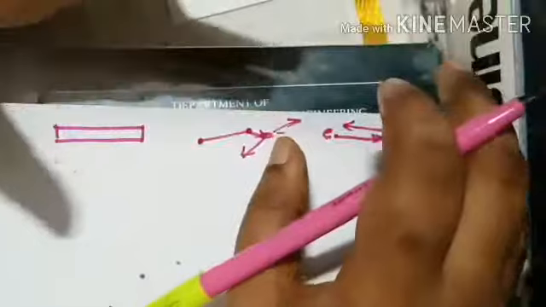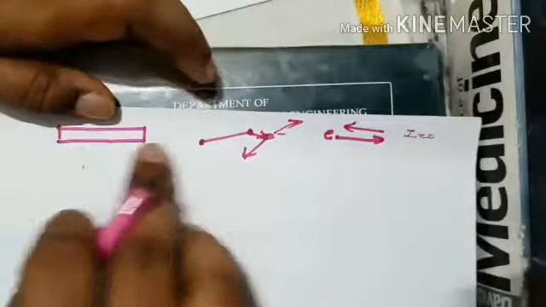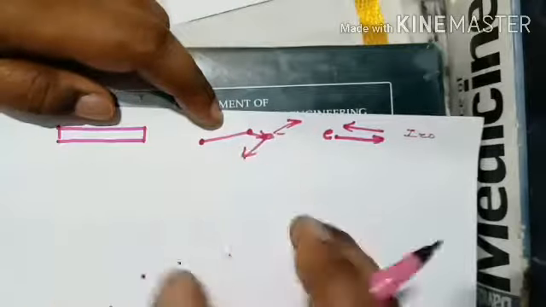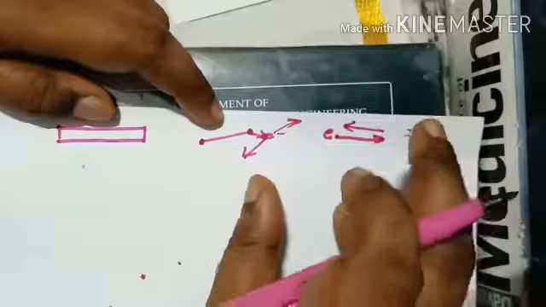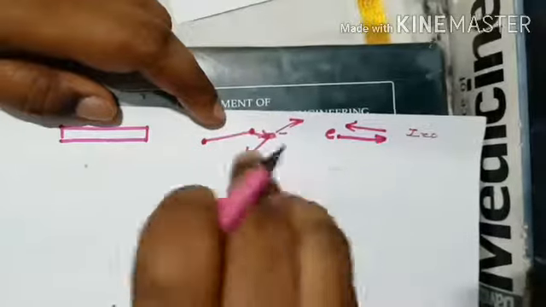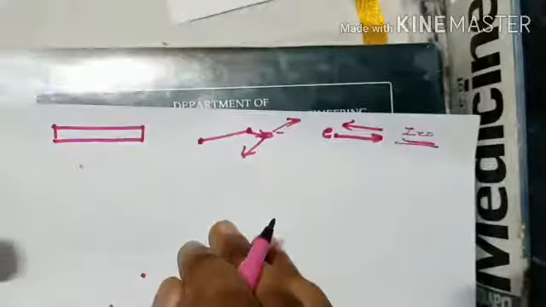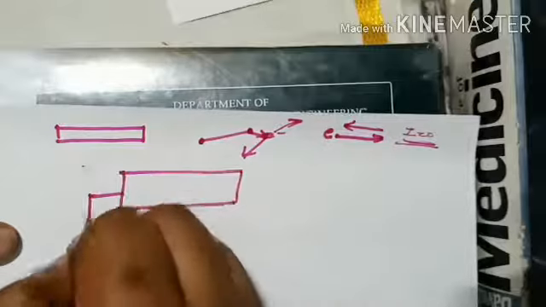This is a very important scenario, guys, when there is no electric field. When there is no electric field, electrons are moving in random motion, and they will be colliding with each other. So when some electrons are moving in the forward direction, an equal amount of electrons will also be moving in the backward direction, so that the net current in any direction will always be 0. Clear?